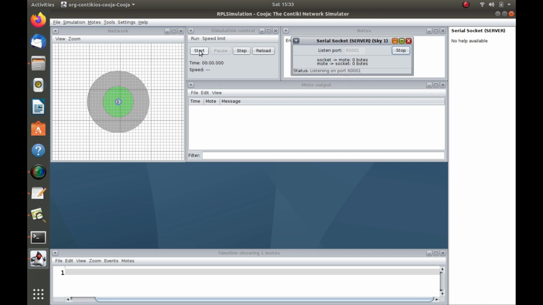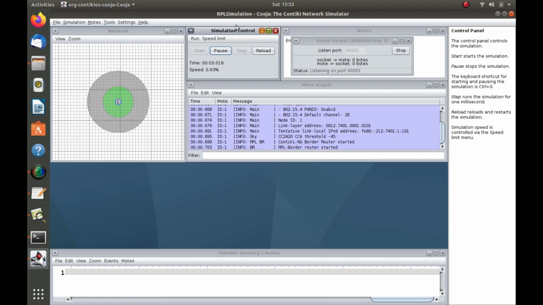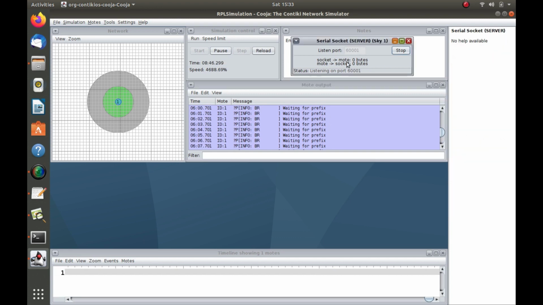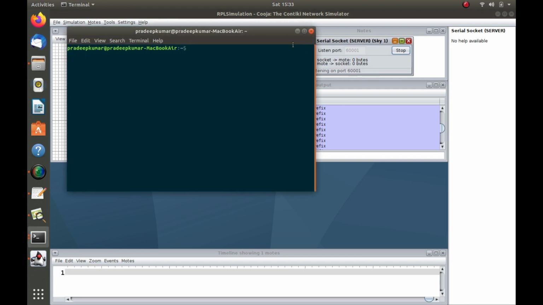Now you start the simulation here. Once you start the simulation, see now it is saying waiting for prefix, as we have seen already that for allocating the addresses, this has to happen. So it is simply waiting for the prefix here. That means the bytes are still not consumed. So what we have to do is open a terminal. So in the terminal,